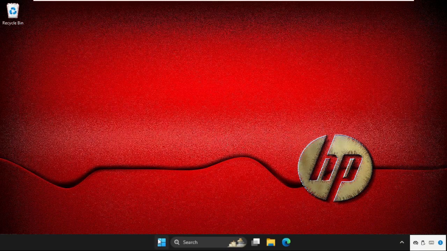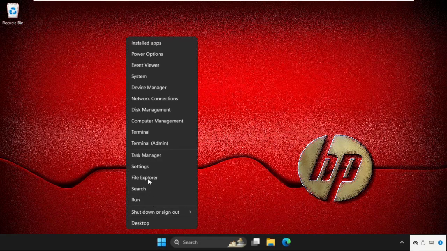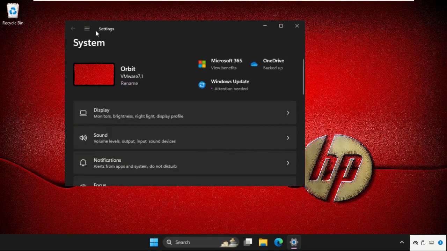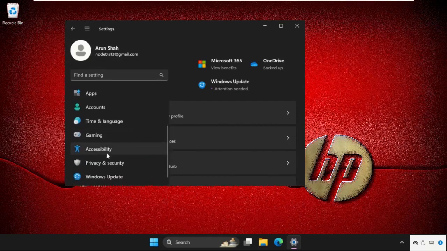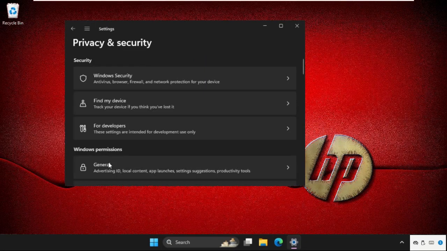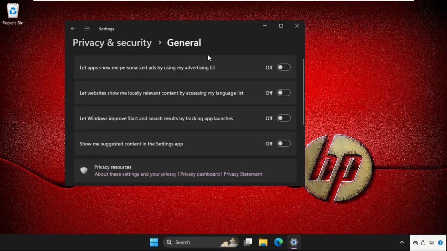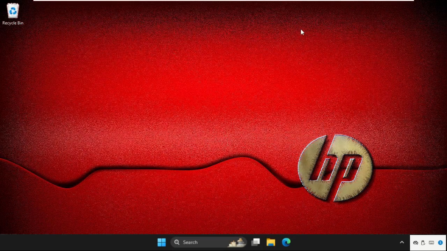After that, right click on the start icon and click on Settings. Now we need to click on these three lines and scroll down, go to Privacy and security, and then click on the General tab. So we need to turn off all these options. If you see enable, then turn off all these options, then close this window, and then we need to press Windows key